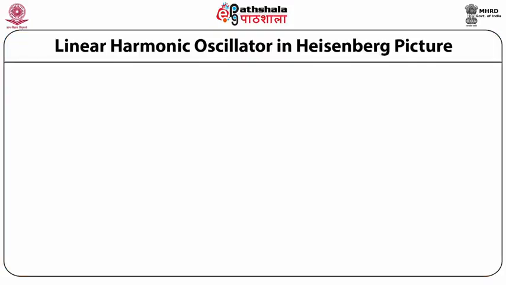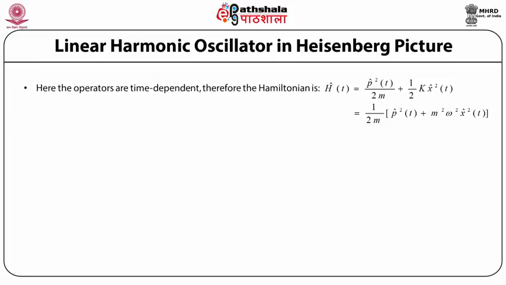Linear harmonic oscillator in Heisenberg picture. Now let us look at how we can define the linear harmonic oscillator in the Heisenberg picture. Here, the operators are time dependent in comparison to the operators in the Schrödinger picture where they are time independent, and therefore in the Heisenberg picture using time dependent operators, the Hamiltonian can be defined as a function of time,